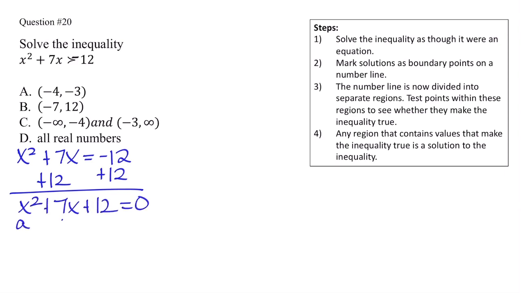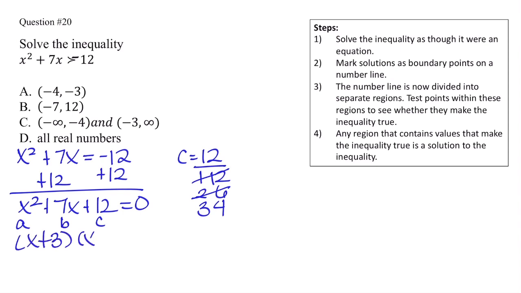So I'm going to call this a, b, and c. And notice that my c equals 12. So I need two numbers that multiply to 12, but those numbers need to add up to 7. So 1 and 12 is 13, 2 and 6 is 8, but 3 and 4 will work. So I have x plus 3 times x plus 4 equals 0. So I have x plus 3 equals 0 and x plus 4 equals 0. So now if I set each of these equal to 0, I have x equals negative 3 and x equals